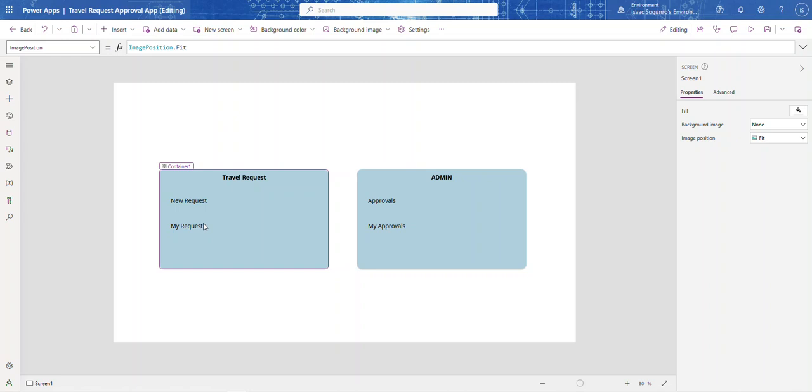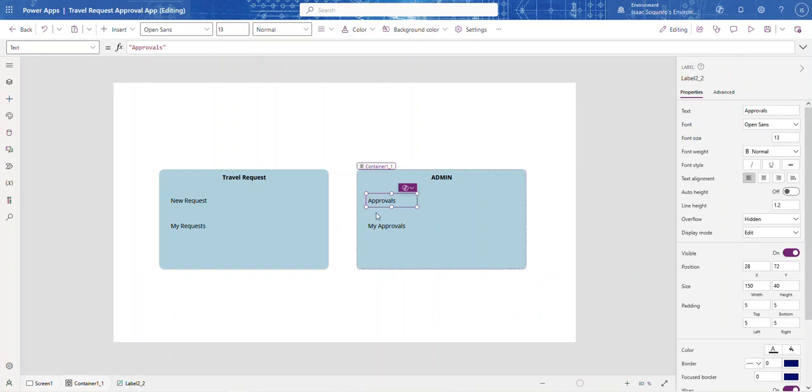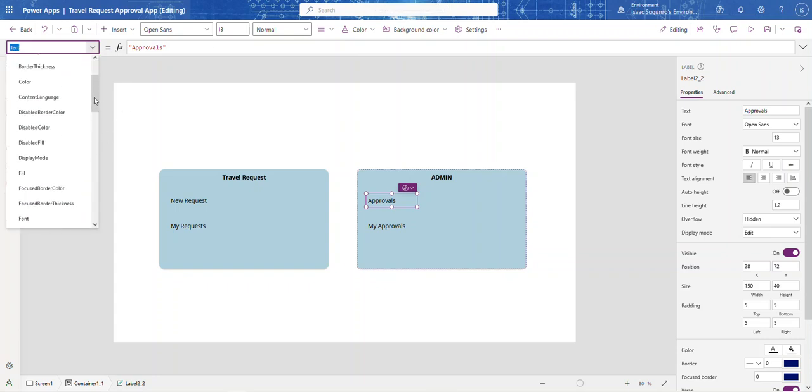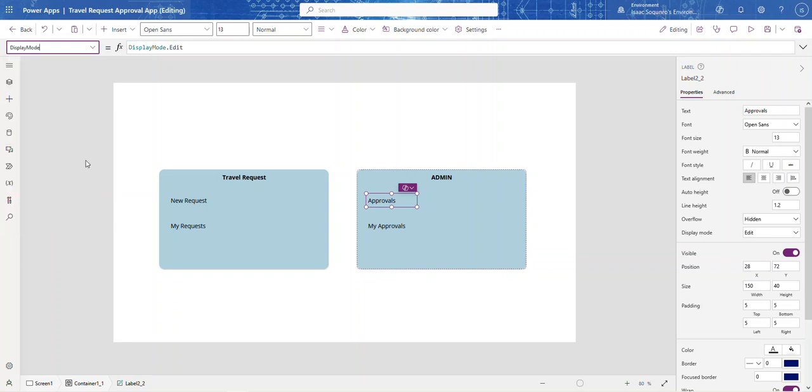So when a current user logs in, if they are not an admin user, we don't want them to be able to log into this part. So what I'm going to do is come here. I can go up to the disable mode, because when I get the approval screens going, it's going to be an on select that'll navigate you to that screen. So I want this to be disabled. So we're going to come up to display mode, and we're going to say